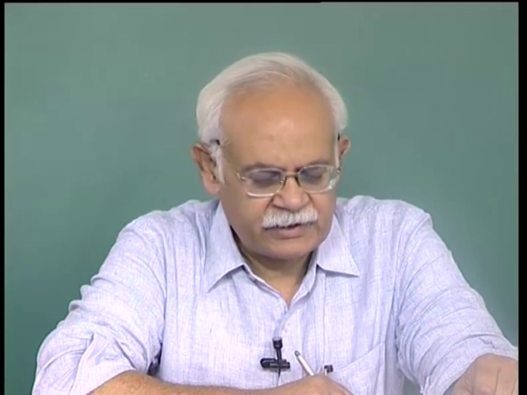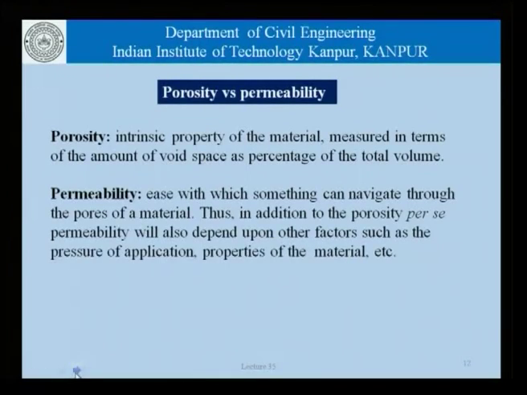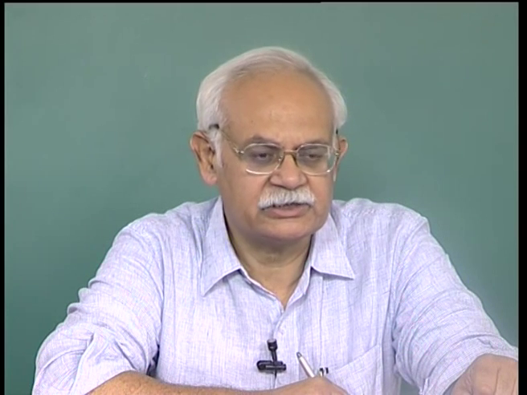This depends on factors such as the pressure of application, properties of the material and so on. So, for example, if there is water, in certain cases water can flow very easily. If we apply pressure, it flows more easily. The ease is measured in terms of, for example, the velocity of flow or the quantity of material that flows per unit area, per unit time and so on. If instead of water we have another fluid,